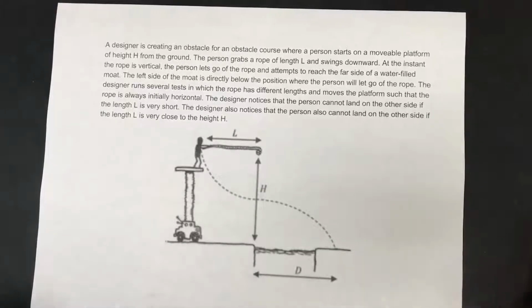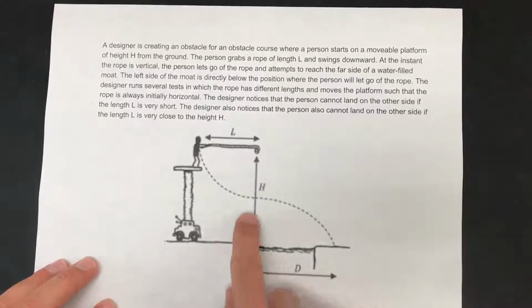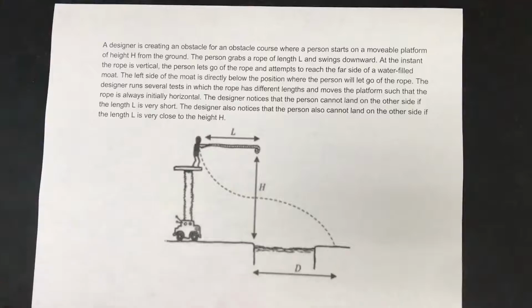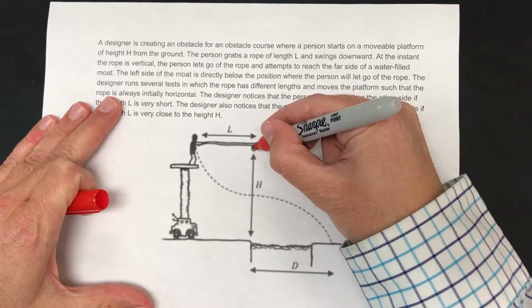the person lets go of the rope and attempts to reach the far side of a water-filled moat. The left side of the moat is directly below the position where the person will let go of the rope. The designer runs several tests in which the rope has different lengths and moves the platform such that the rope is always horizontal. Now what that effectively does is, if we are horizontal, that means when we swing down